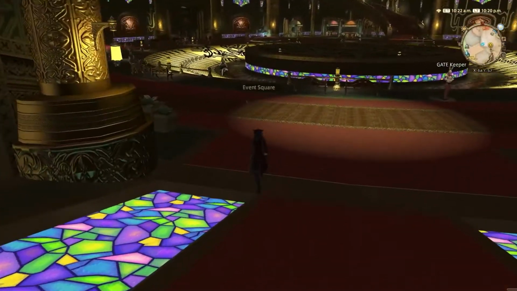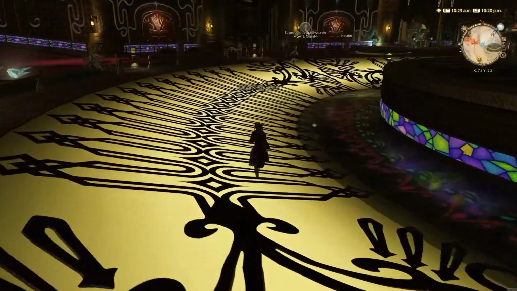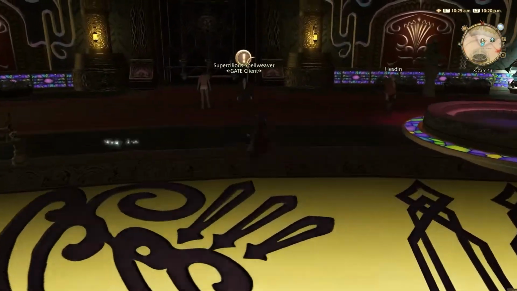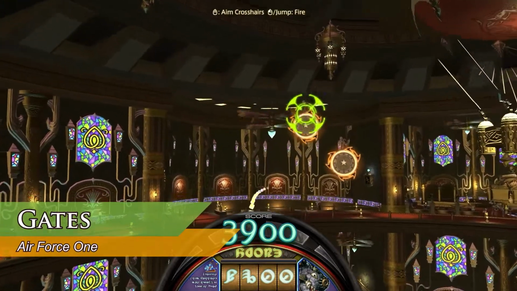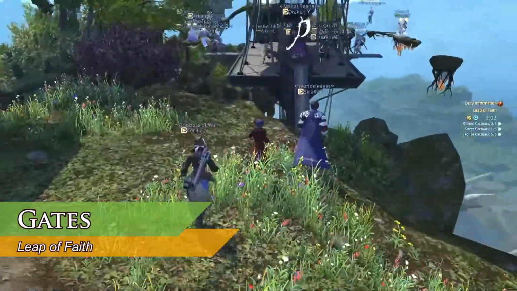Gates are randomly determined events that occur every 20 minutes somewhere around the Saucer. To find out where the next gate will be, you can talk to a gatekeeper found in every wing of the zone, and they'll even teleport you to where the next gate starting point will be. Gates include Air Force One, which is an on-rail shooting gallery, Leap of Faith, which is a jumping puzzle obstacle course where you collect cactuar statues scattered around the course,